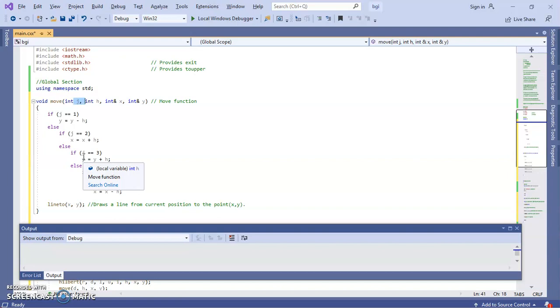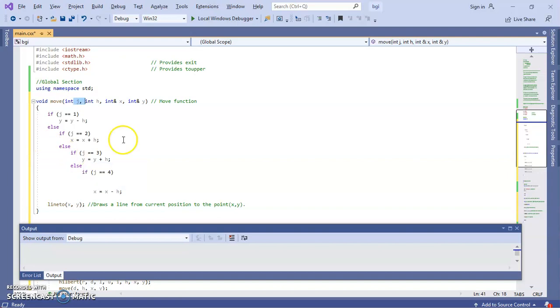The move function is basically used to decide the x and y value according to the direction. So which direction we have to move and which next value of x and y we have to select.